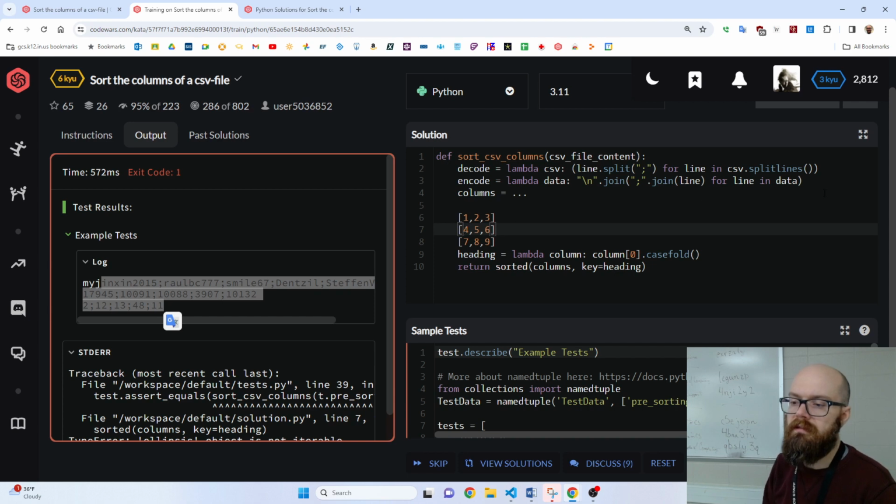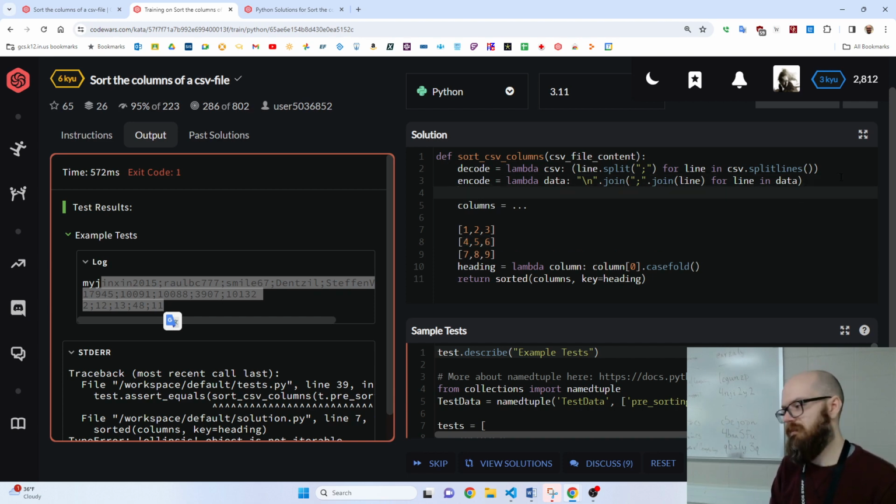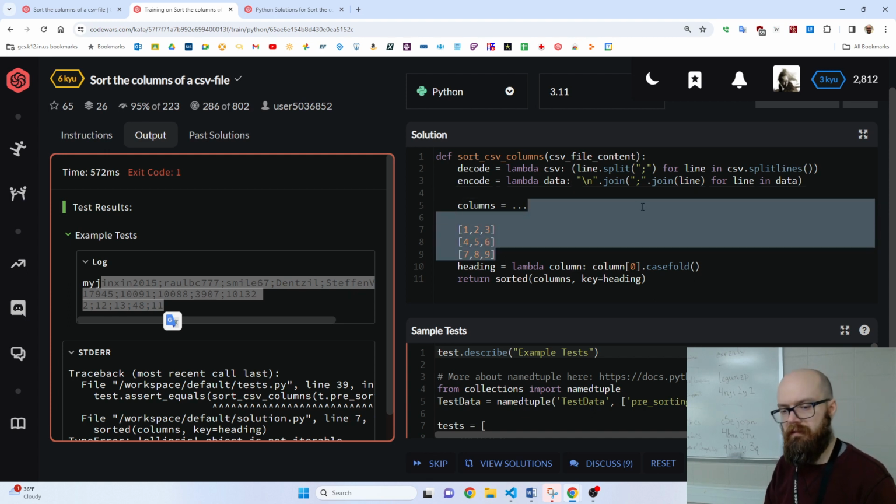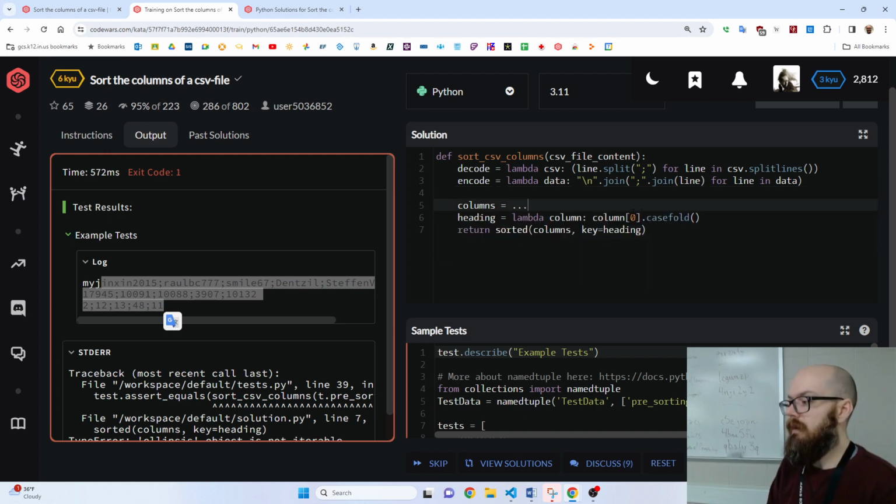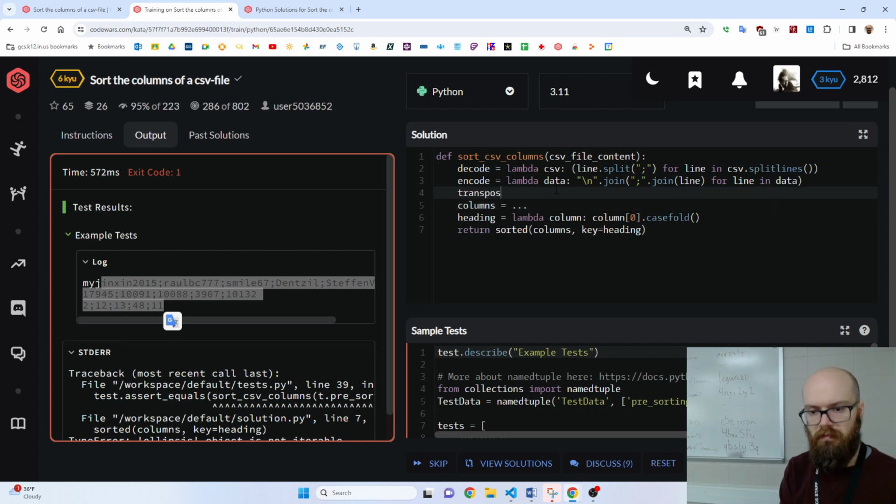So I'm going to make a transpose. I know all we're doing is making little baby functions here, because this is taking some data and putting it through a bunch of steps. So why not define each step one at a time? So what we're going to do here is transpose the data, do some stuff, rows or columns, and then switch it back so the columns are rows. So we're going to say transpose